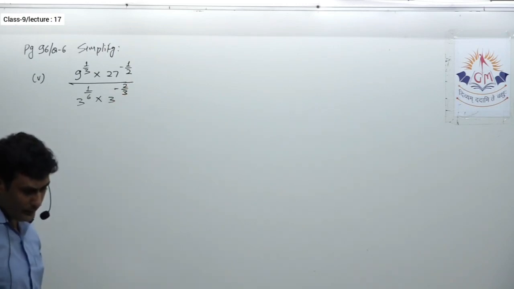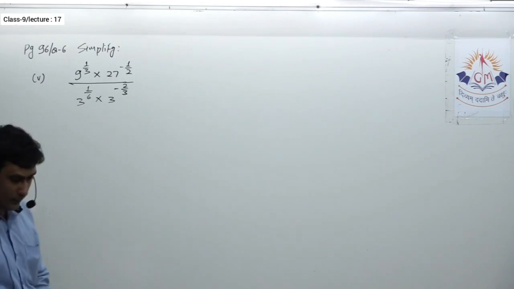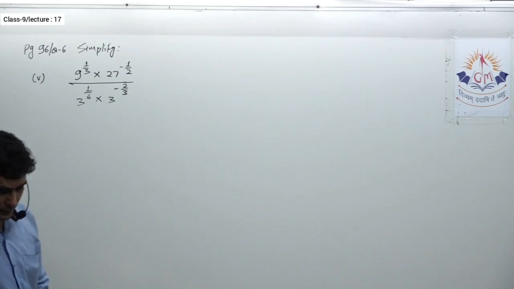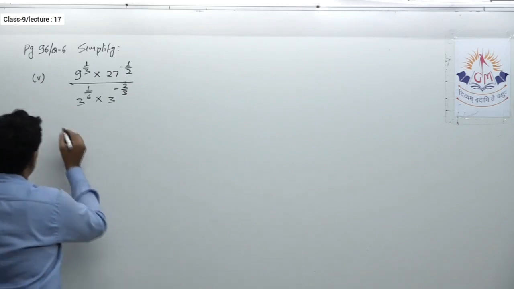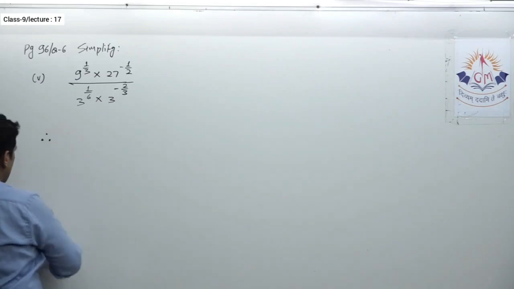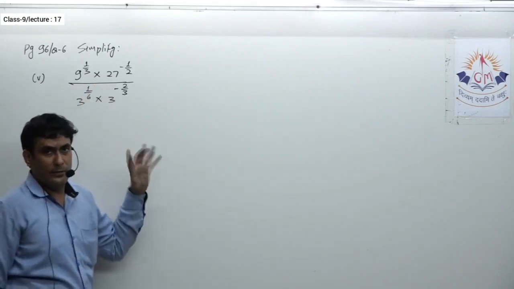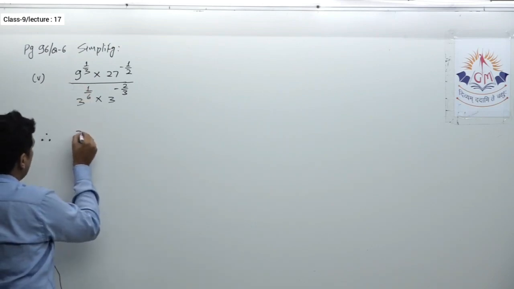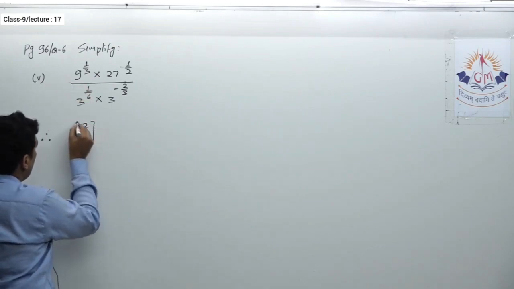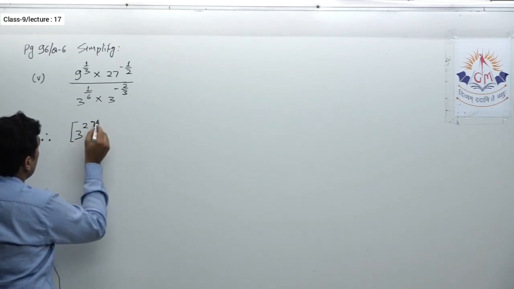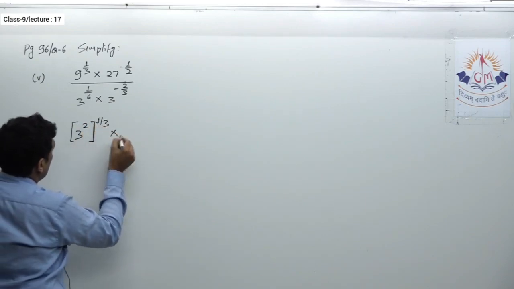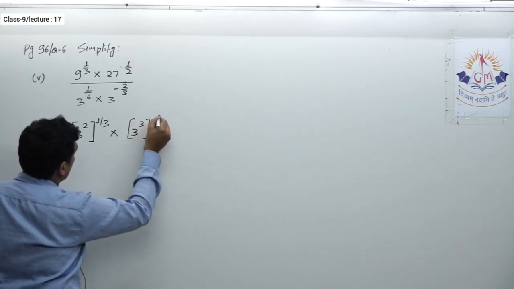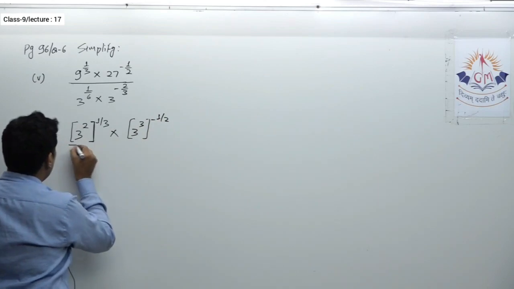9 raised to 1 by 3, 27 raised to minus 1 by 2, 3 raised to 1 by 6, and 3 raised to minus 2 by 3. Okay, so let us see this. Simply we will try to make the bases same, and it is easy to do in this question. This 9 can be written as 3 square, so raised to 1 by 3. 27, that is 3 cube, so raised to minus 1 by 2 as it is, whole divided